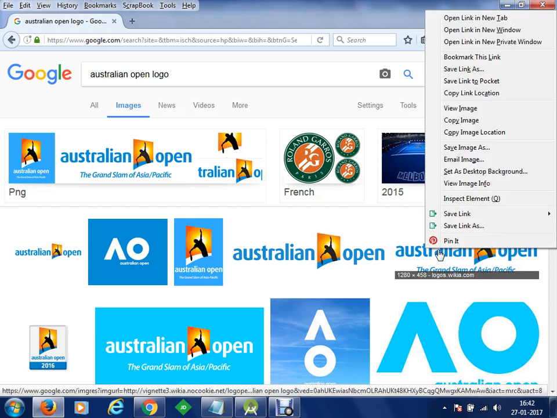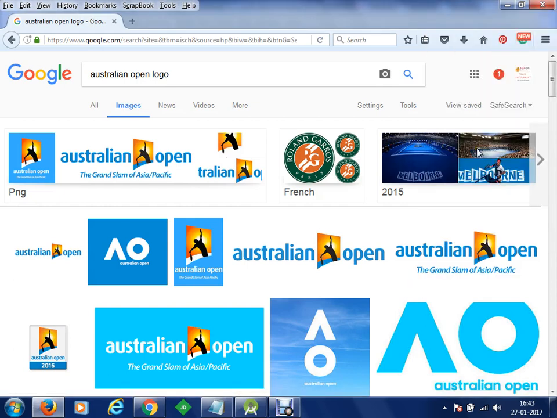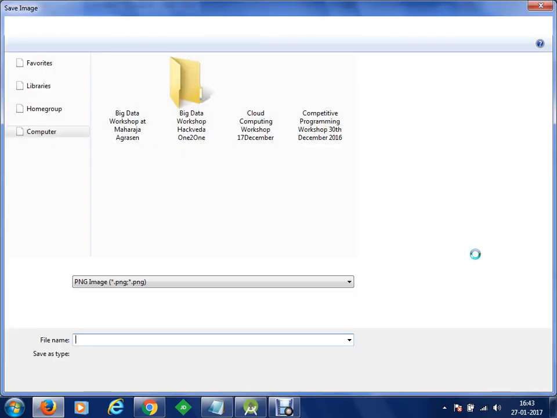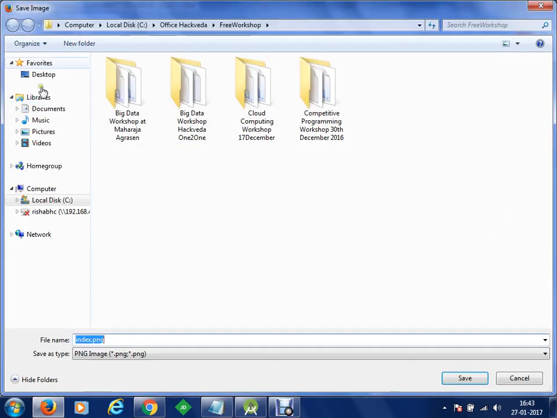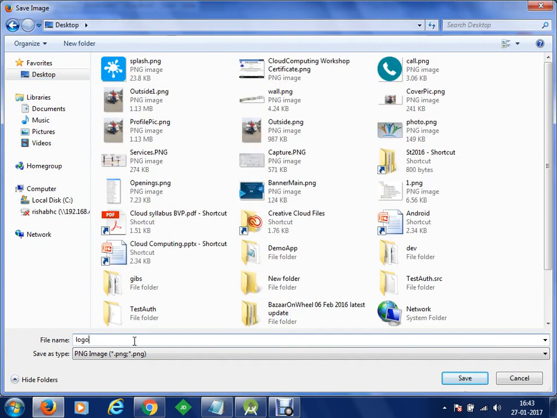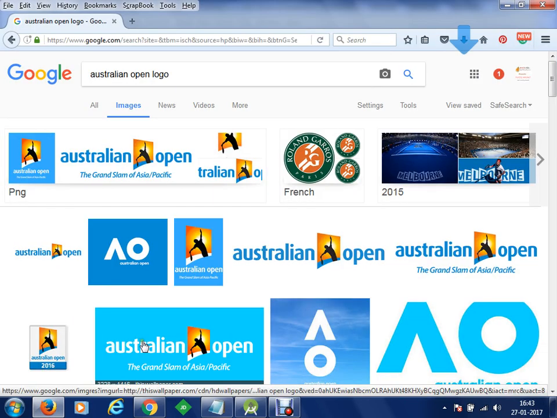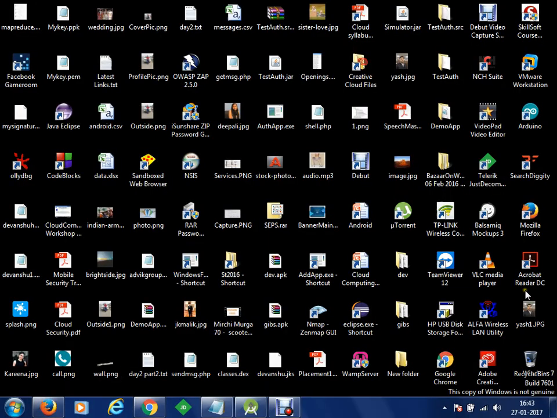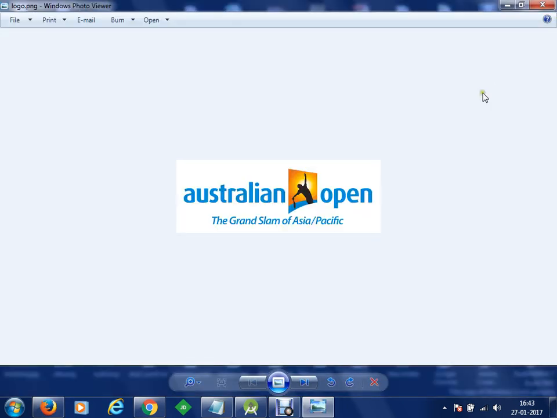So we'll get this image, we'll right click, we'll save image as, let's say we are going to set this image as our logo for the application, and I would like to store it on my desktop, and let me just call this file logo.png. Once I've got a file known as logo.png, let me just quickly show you. My file is somewhere here, logo.png, and this is what I would like to include in my project.